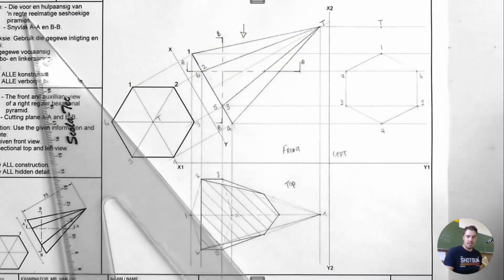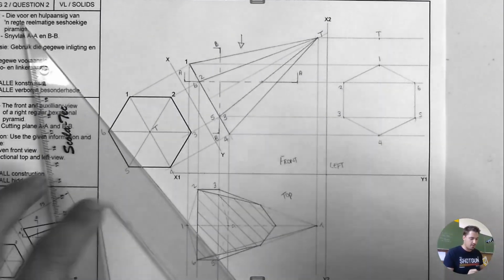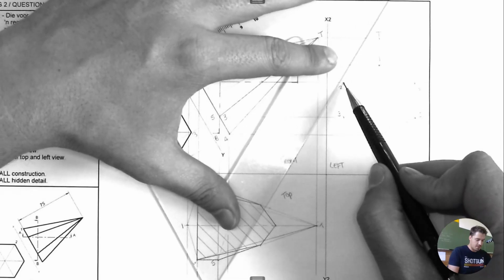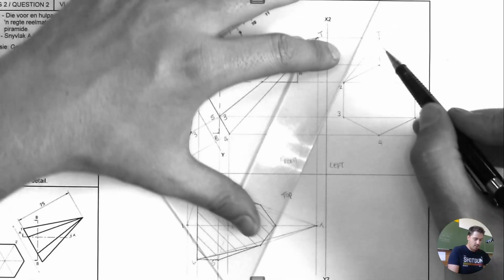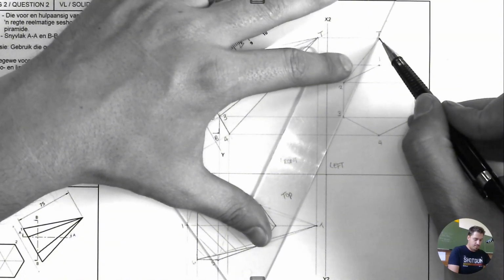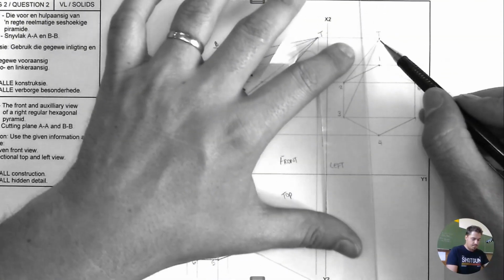So once you've connected all of those points, they also go to the apex point, right? So they also connect all the way up to point T. So 1, 2,